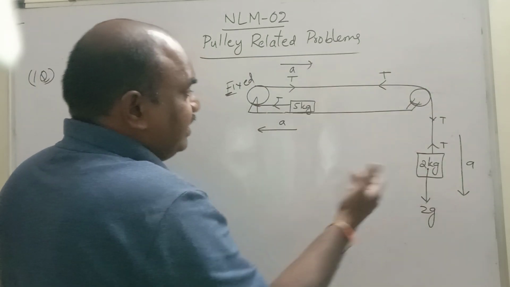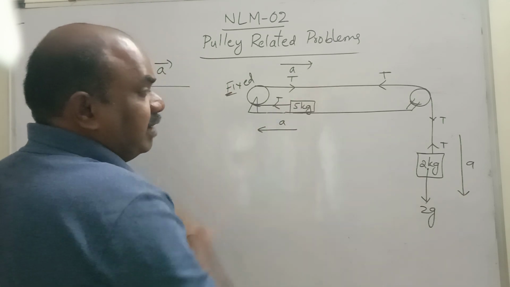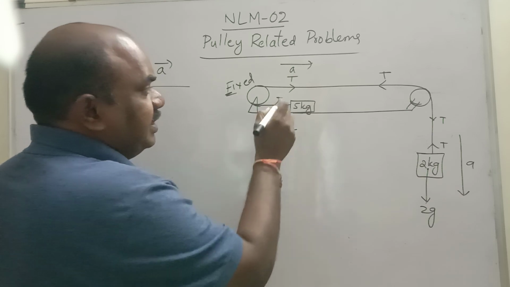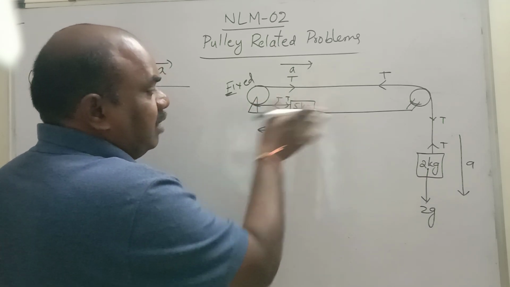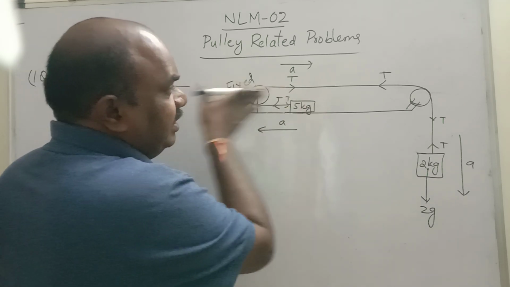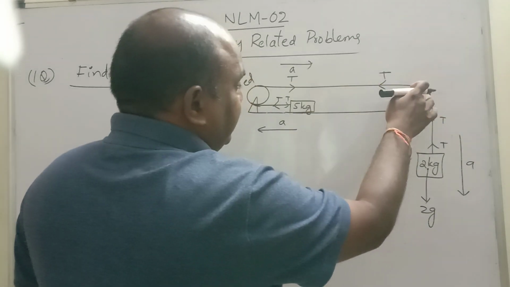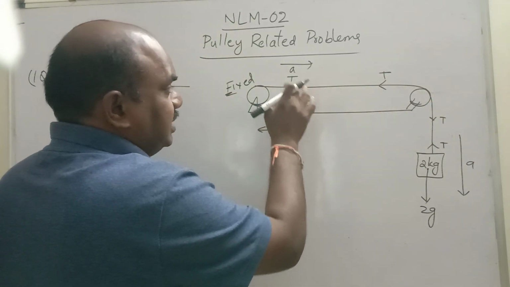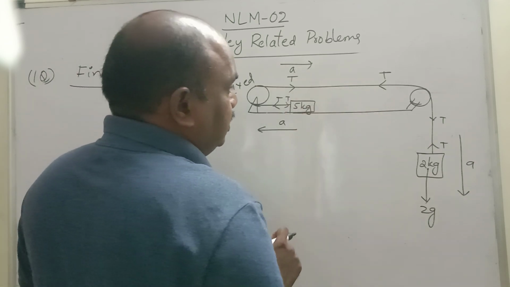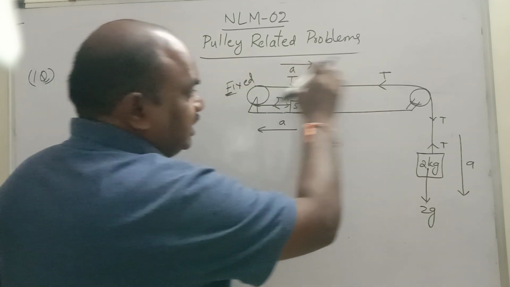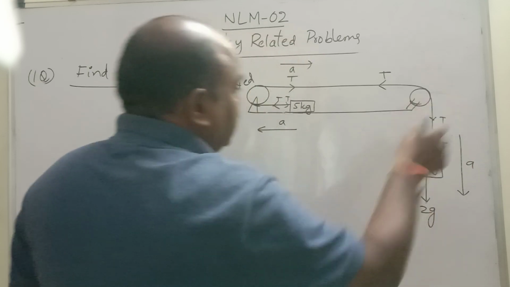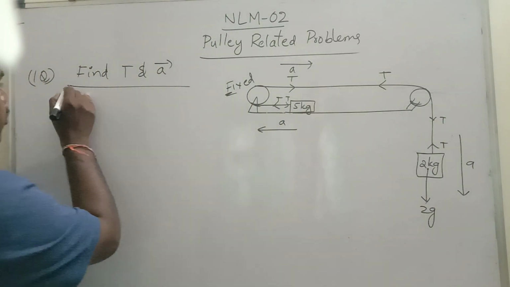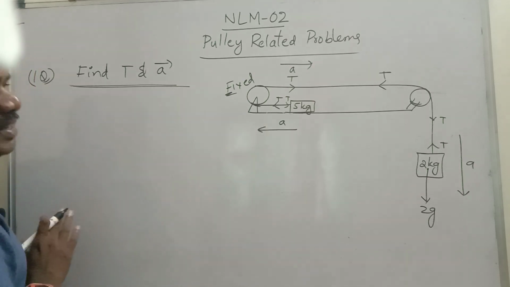Tension in the string is the same. Tension is always away from the point. Tension will be away from 5 kg. Similarly, the same tension will be applied by the pulley on 5 kg. This is tension in this direction. This is the tension acted by the pulley on this string, and this is the tension acted by the pulley on this string. So these two are equal and opposite. Observe children, the same acceleration applies throughout the string. Now I will write free body diagrams. Here we have to find the tension and acceleration of the system.